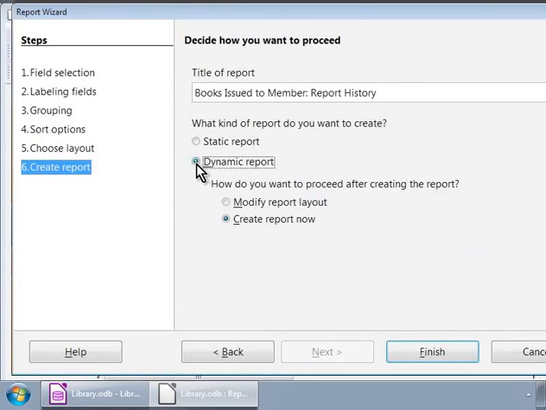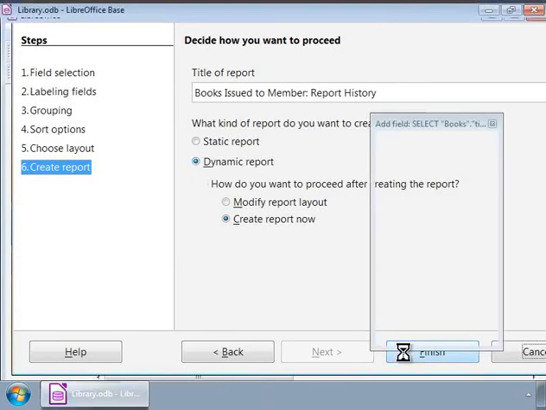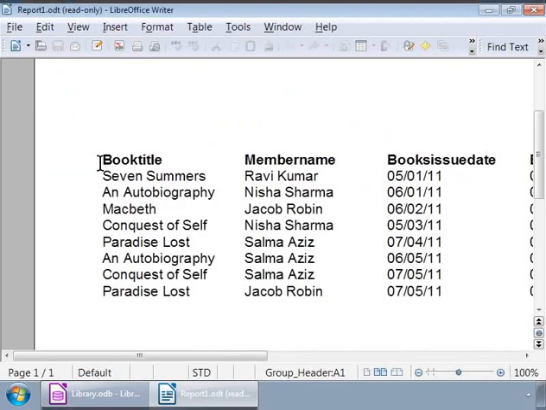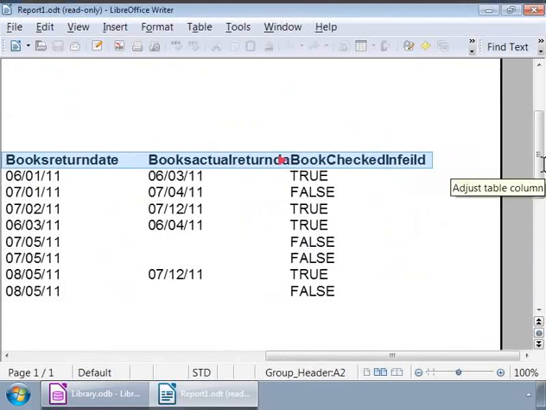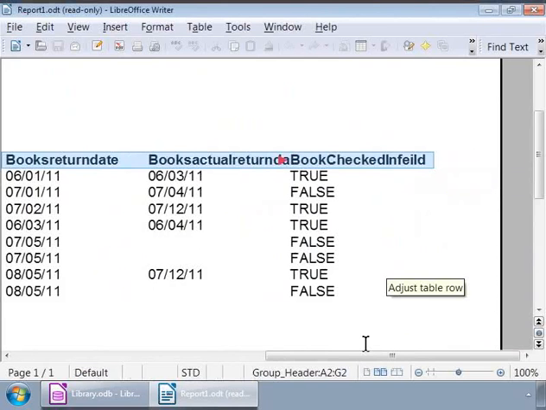OK, we are done with our report. Let us click on the Create Report Now option. And finally, click on the Finish button. Now we see a new window, and this is the report that we built just now. Notice that it has the field labels at the top in bold font, and the actual data is listed in